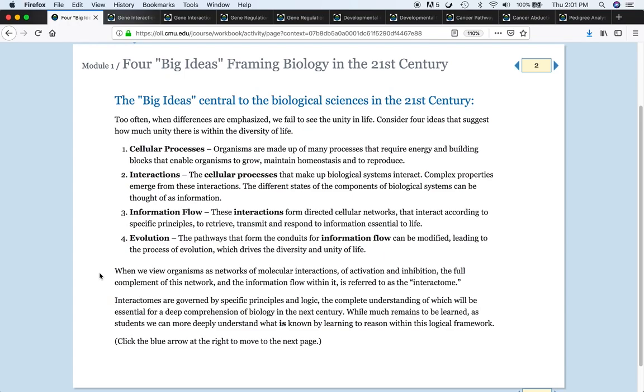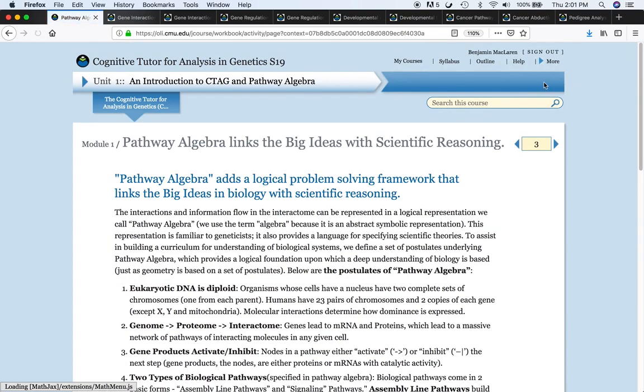As you move on and explore problem-solving activities in the rest of CTAG, I invite you to revisit these first few pages from time to time to remind yourselves of these big ideas. They will start making more and more sense as you learn the concepts and practice reasoning about biological systems within the pathway algebra framework. On the next page, page 3, which I get to by clicking this arrow up here,